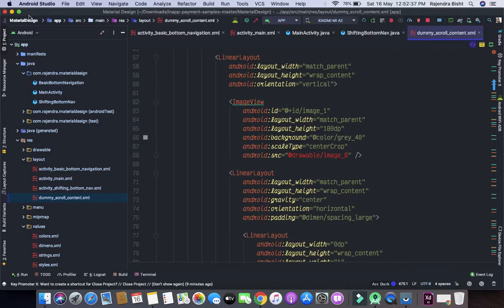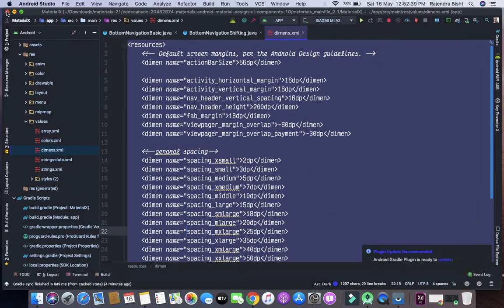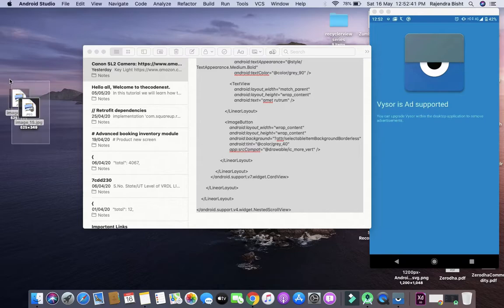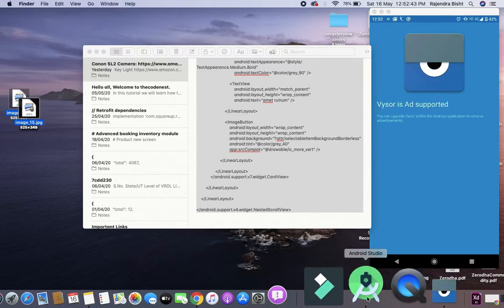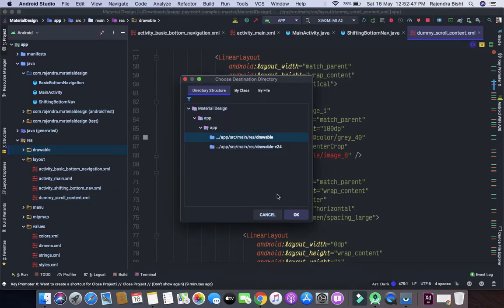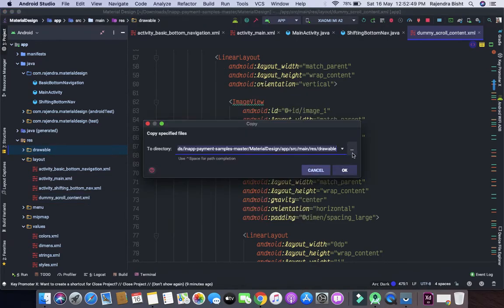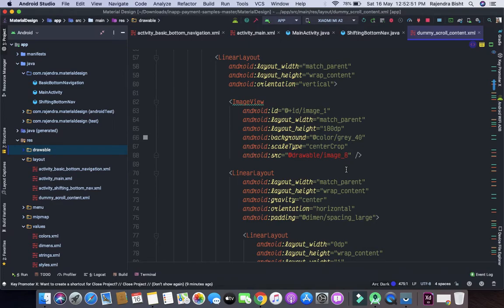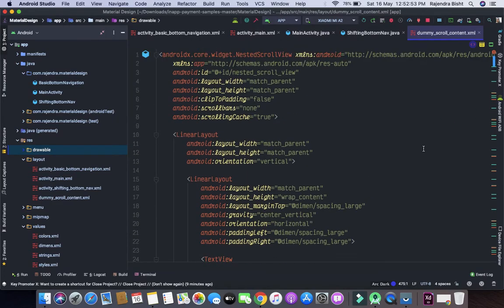Okay, we have to add some dummy images. So this dummy scroll content file has no relation with the shifting bottom navigation.